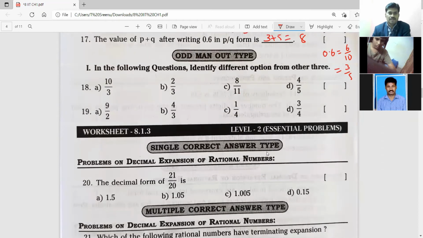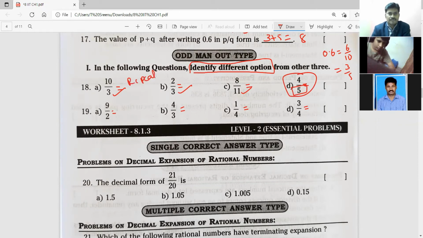Identify the one that is different from the others. Please do all the decimal divisions and tell me the answers. One is non-repeating and the remaining all are repeating. Only one is different from the others. See, so easy. Your denominator is 3, denominator 3, denominator 11. Only here it is 5. This is the difference. All of these will repeat.